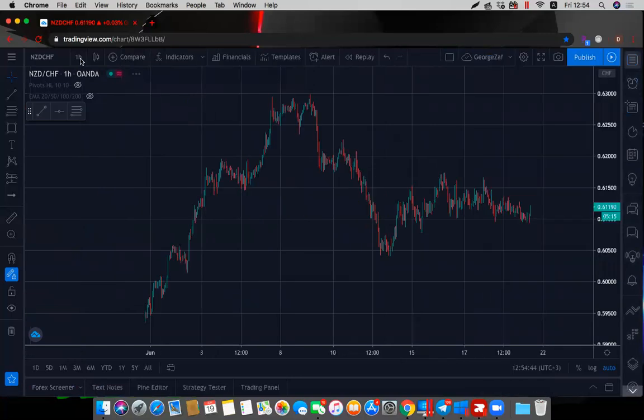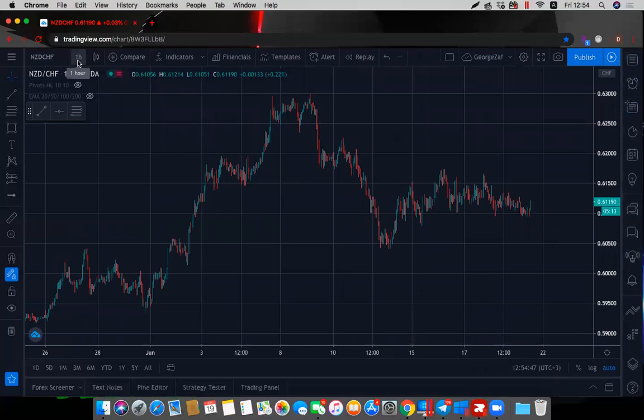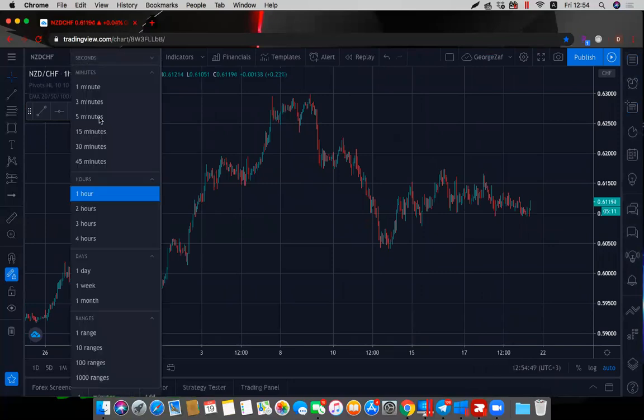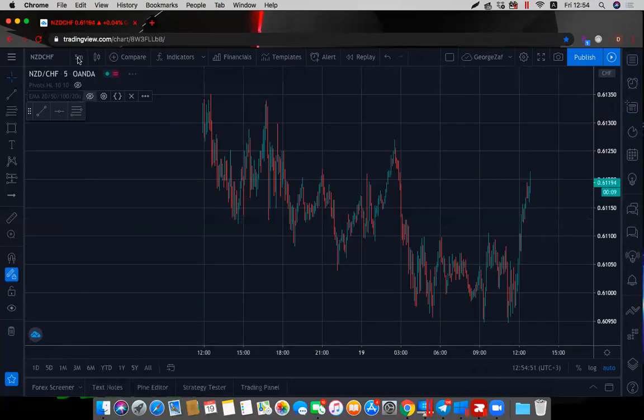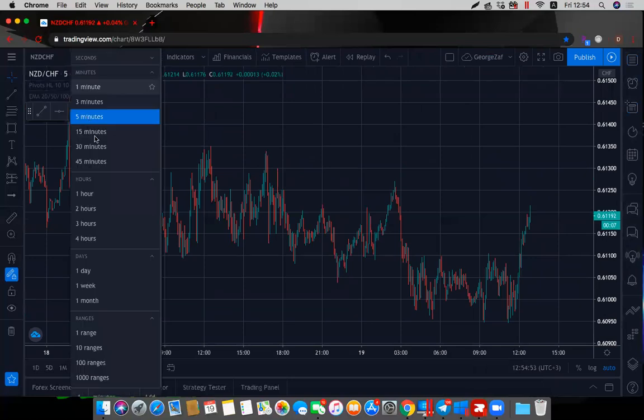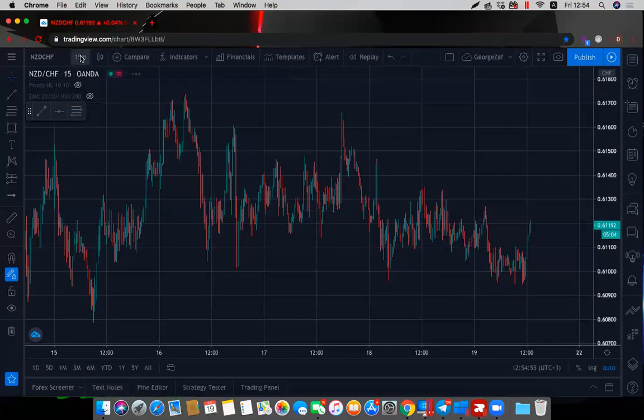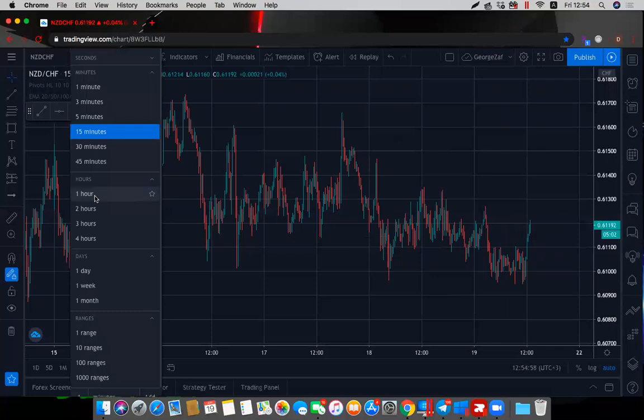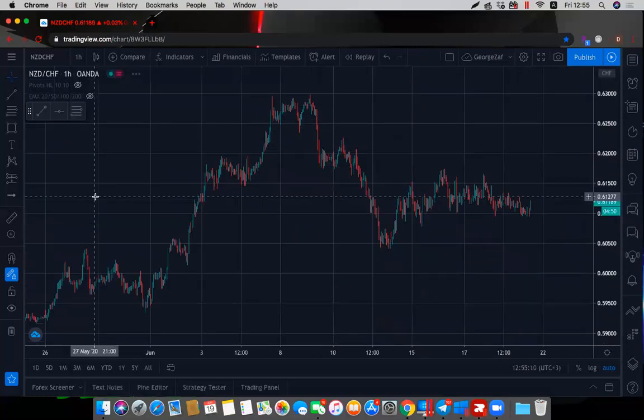And here are also the charts, 5-minute chart, 15-minute charts, all the time frames. In TradingView, I'm using 1 hour. And for Fibonacci, I draw the Fibonacci on 1 hour, okay? So let's start with